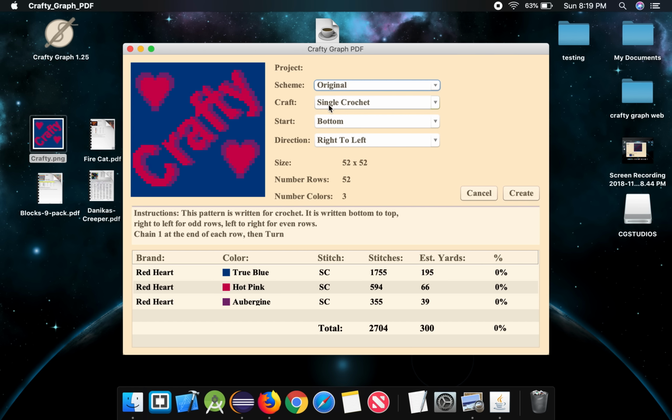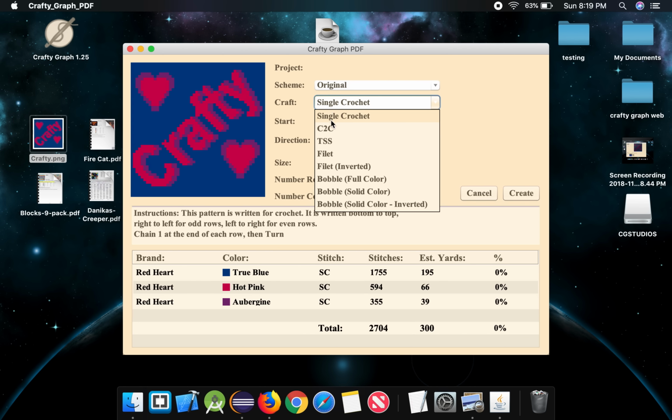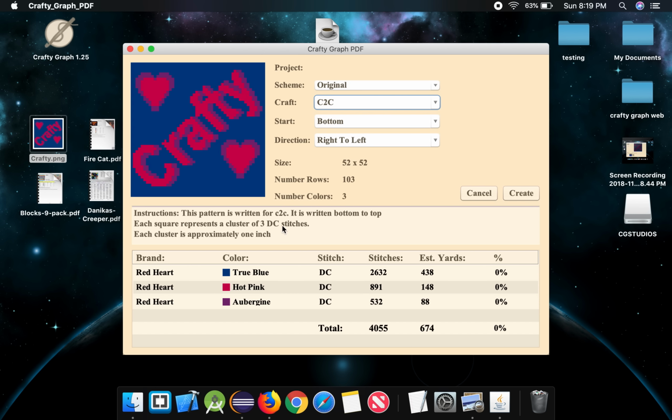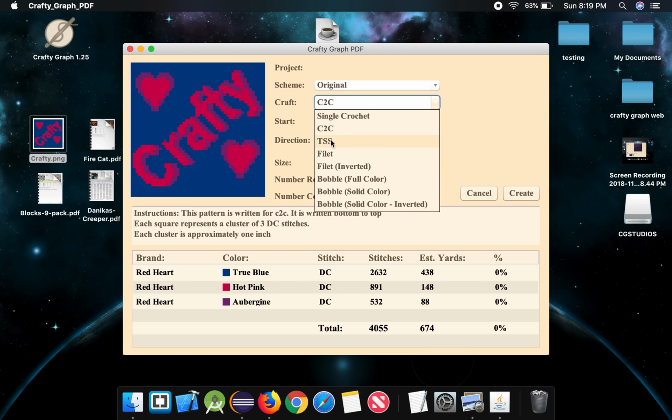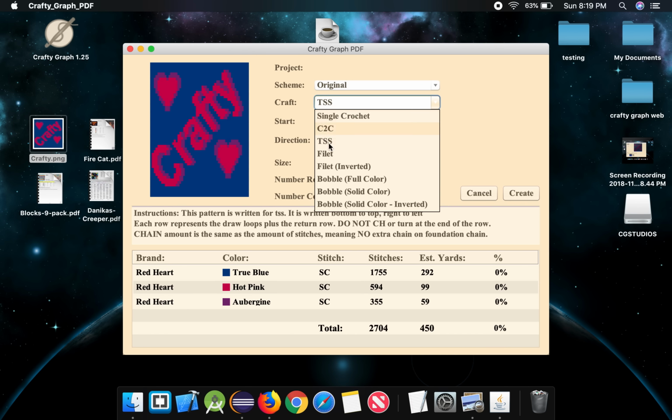And then you have your craft type. Currently I have single crochet selected. What's cool about this program is I could change it. So let's say I had a PDF that was TSS or single crochet, I could change it to C2C. You can see the instructions change, and so do the information down here. Oops. TSS, full A